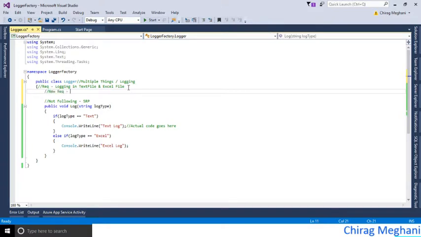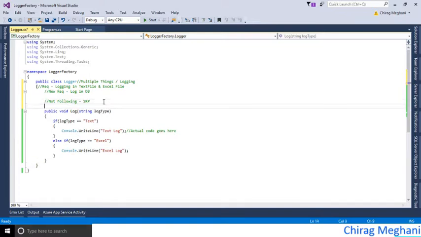new requirement to log in DB. So what we'll do, we'll come to this class, we'll come to this function, we'll add one more if condition, and add all the DB logging functionality within here. So every time any new requirement comes, we are coming to this class, changing this class, adding so many lines of code here. So one more thing we are not following